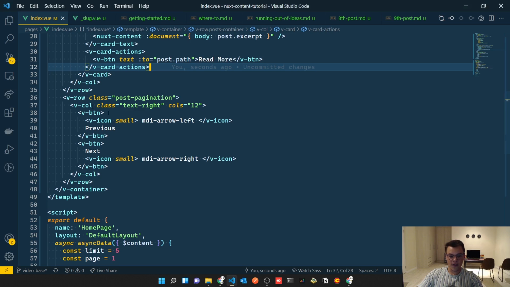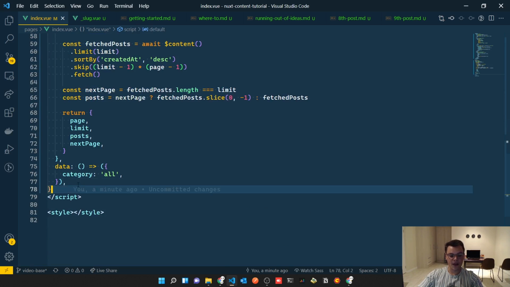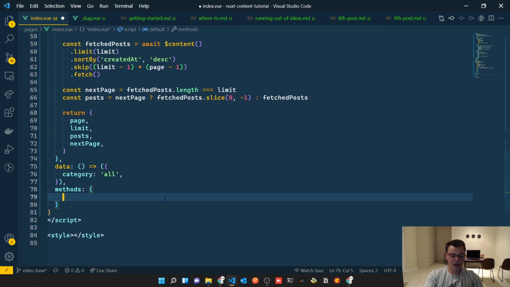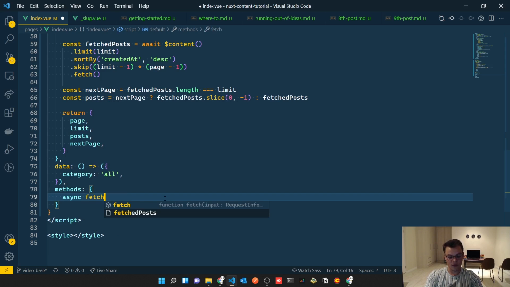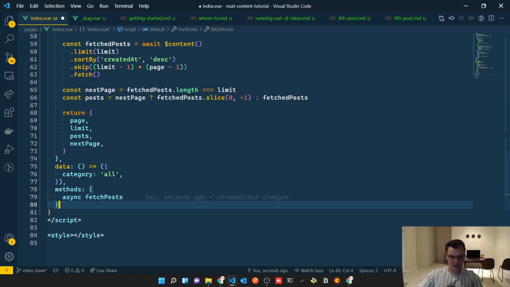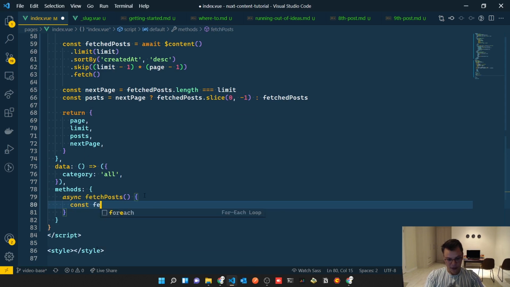So let's finish off this pagination. So what we want to do when we click this button is we basically want to do the same thing, fetch posts, but skip a different amount based on the page and the limit. And we'll create methods for that. So we can go to methods, and then I'm going to create a sort of global method for fetching, which will just help so we don't duplicate code. So fetch post does basically the same thing as what we did in async. So we get the fetched posts